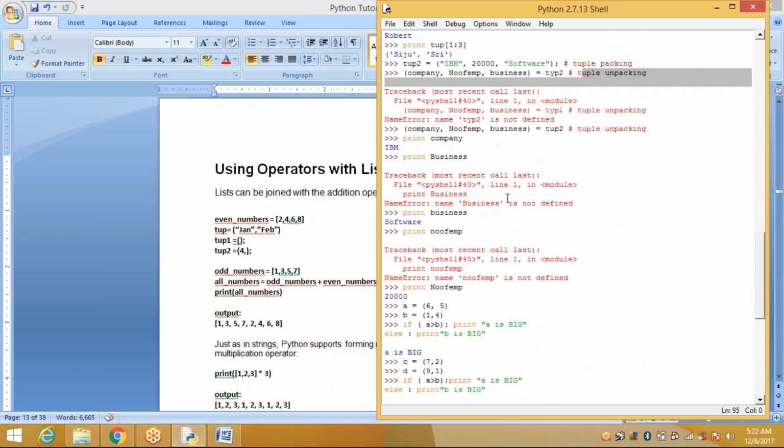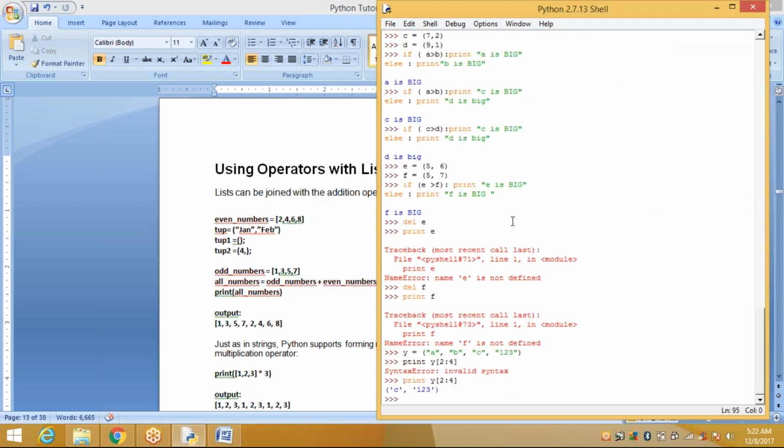So these are the tuples. Next, we'll go to discuss the conditions. What are the conditions we have? If condition, while condition, if else. We'll discuss about that. And I can give some summary of these tuples.